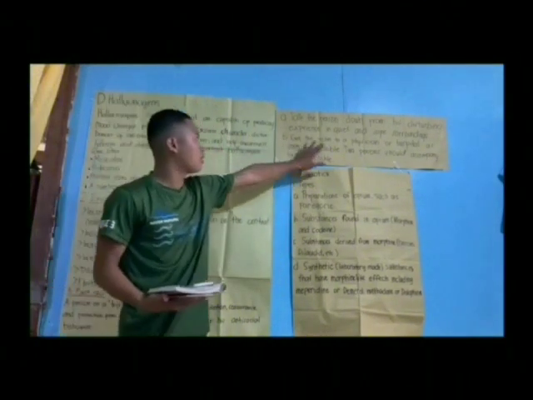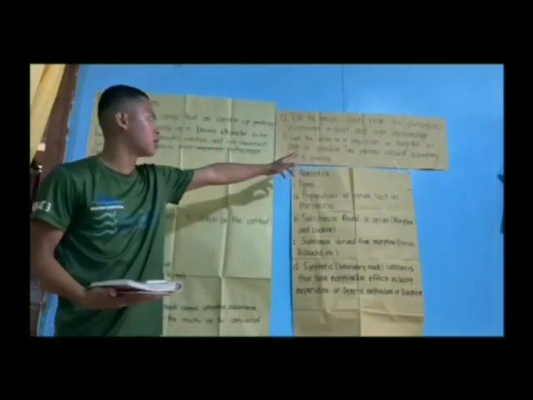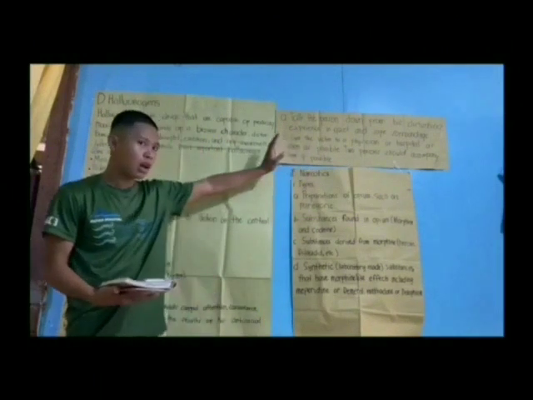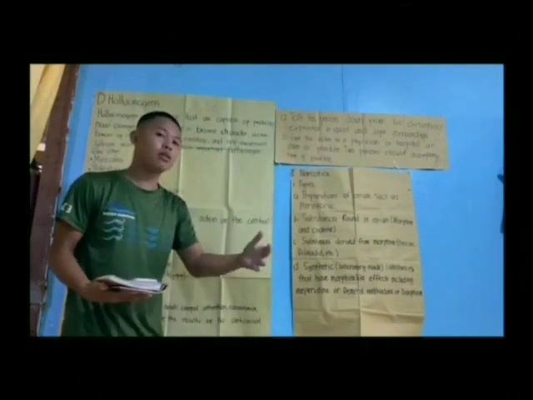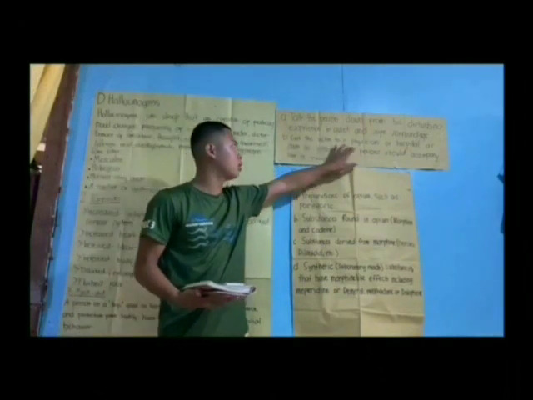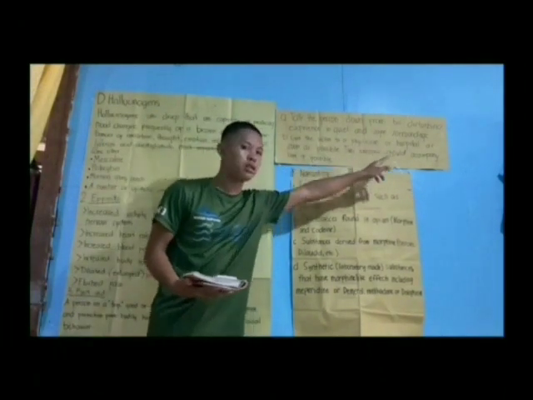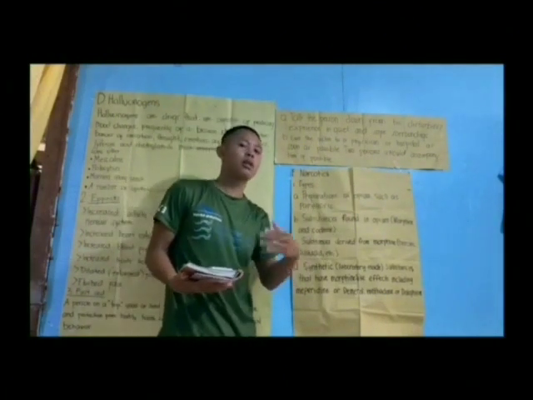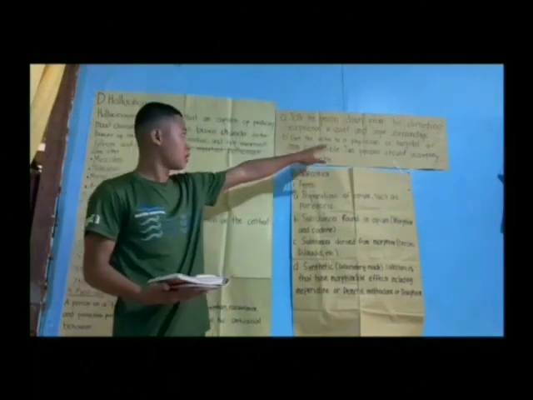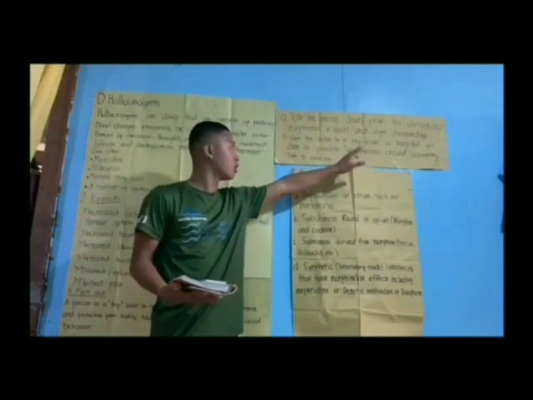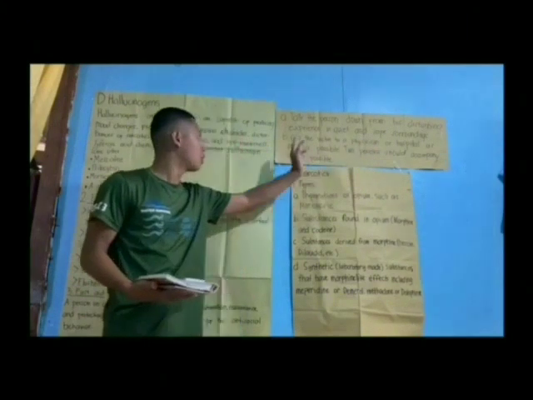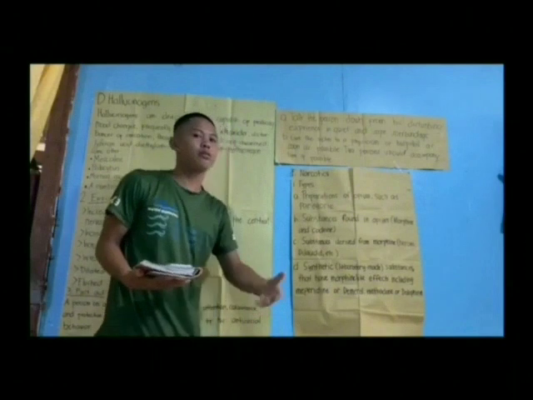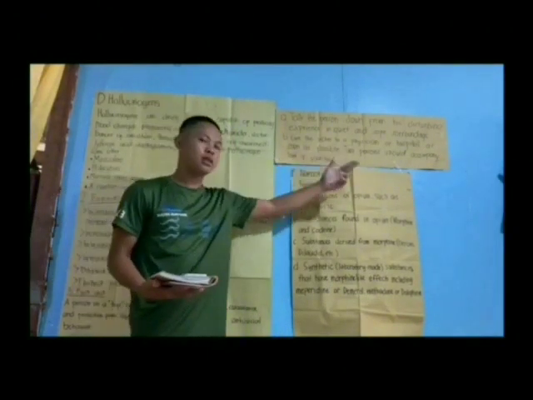Then get the victim to a physician or hospital as soon as possible, or two persons should accompany him if possible. So those who experienced hallucinogens should be brought to a physician or hospital, professionals who handle people who are hallucinating, as soon as possible. Two persons should accompany him if possible, because he is hallucinating and it cannot be avoided, so no one knows what he might do.